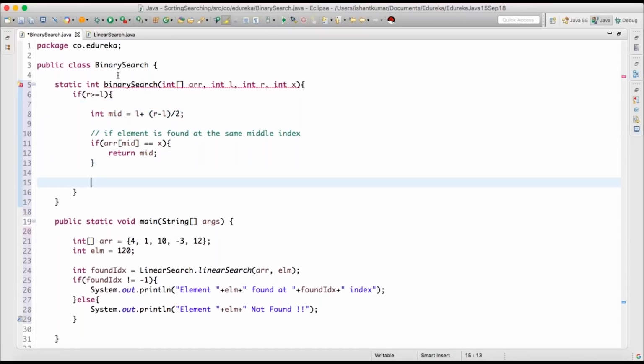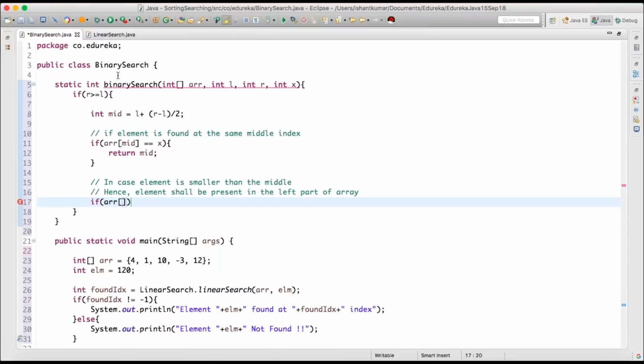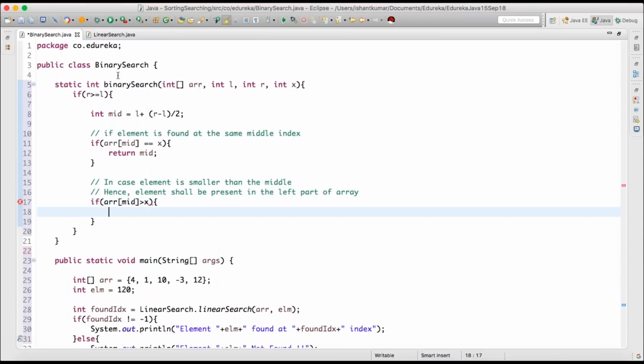If the element is smaller than the middle, it means the element shall be present in the left part of the array. So I'll put a small condition that in case ARR of mid is greater than X, the element which we are going to find,